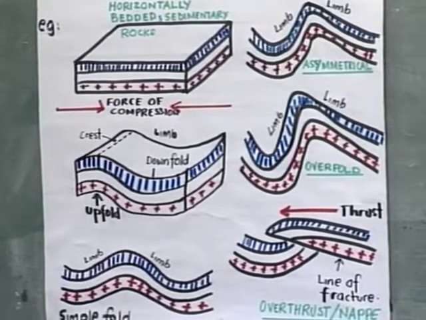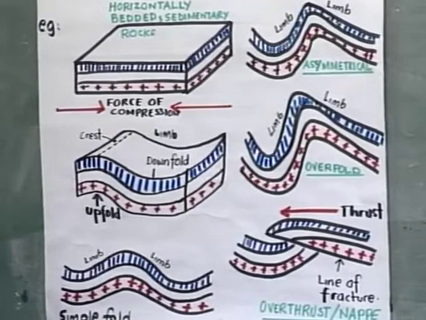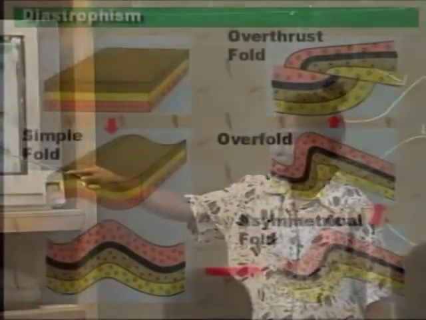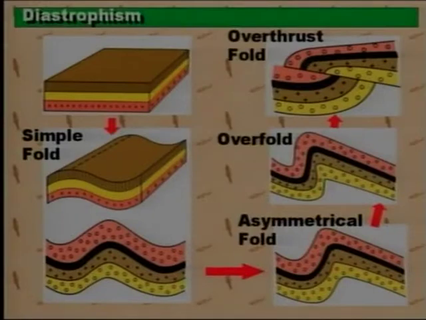Okay, so we look at that information again from the monitor. Originally, forces of compression giving us a simple fold. Continuous force gives us an asymmetrical fold. Then we have an overfold, and then finally an overthrust fold or a nappe. And note that the difference between a nappe and those other folds is that here there is a line of